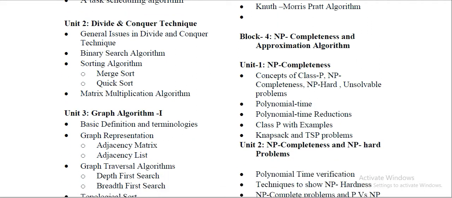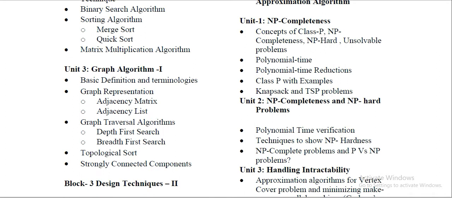Then unit 3 of this block 2 covers the graph representation. The important topics are the representation of graphs using the adjacency matrix and list, and graph traversal algorithms DFS and BFS, which are depth first search and breadth first search, and the topological sort. So basically these topics are very much important with respect to your exams, right? You can leave the strongly connected components,